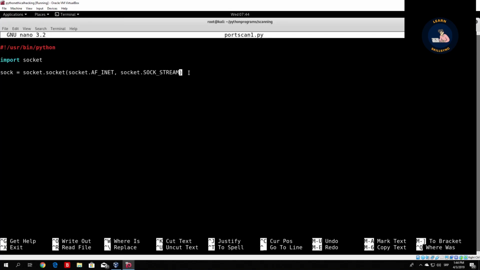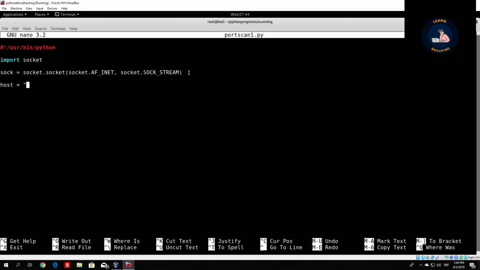So we will be trying to perform the three-way handshake with each port of the host, but for now, let's just try to perform it with only one port, and then we will see how we can scan multiple ports and not just one. So right now, what we want to do is type here the value host, which we can set to be, for example, my laptop, which is